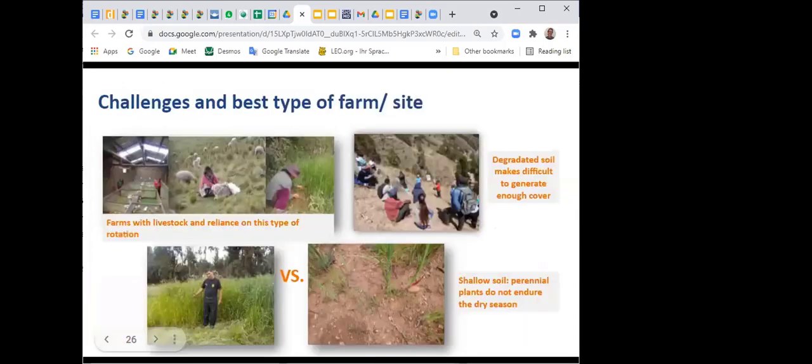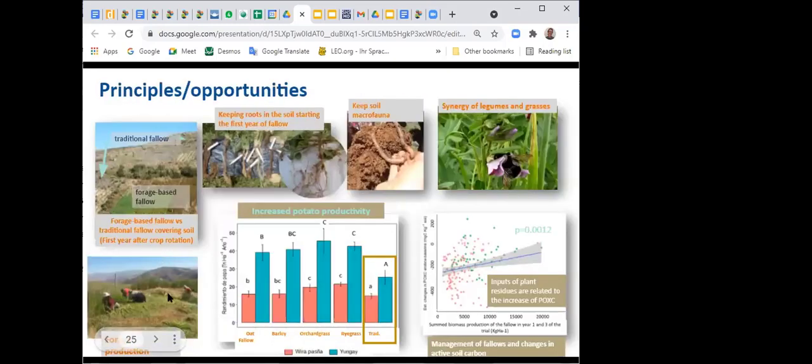Asimismo, cuando hablamos de contribuir a la mitigación de cambio climático, para nosotros, el equipo, es importante también evaluar las condiciones de carbono en el suelo después de un descanso con forrajes de 3 años como mínimo, y hemos visto que hay una relación muy positiva entre la acumulación de forraje y el incremento de carbono, y esto también relacionado al manejo de los agricultores,